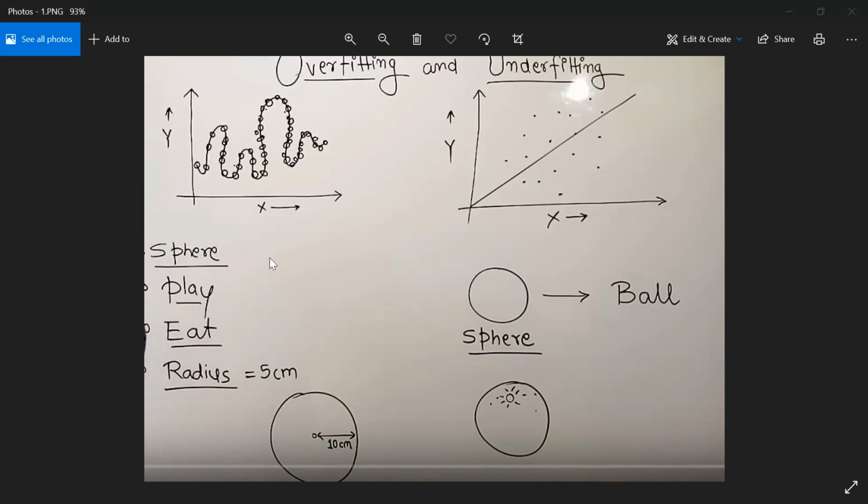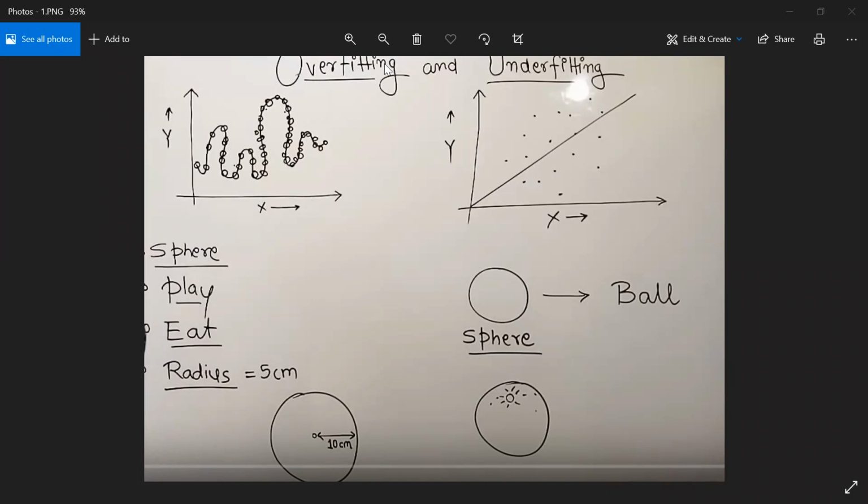At the training phase, I told you the object is sphere shaped, you can play, cannot eat, and the radius is 5 centimeters. At the testing phase, I show them a basketball.